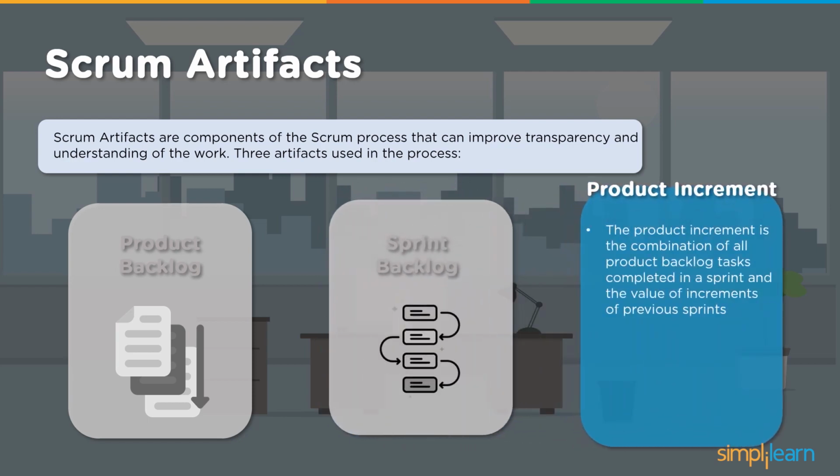Then the product increment. This refers to the combination of all product backlog tasks completed in the sprint and the value of the increments of previous sprints. Now, when we speak about lean, lean speaks about elimination of waste and about value streams. In each of the sprints, as we have working software being delivered, each of these pieces should keep complementing what has already been delivered and what is being delivered in future. So keeping that in mind, every deliverable will be implemented or configured in such a way that